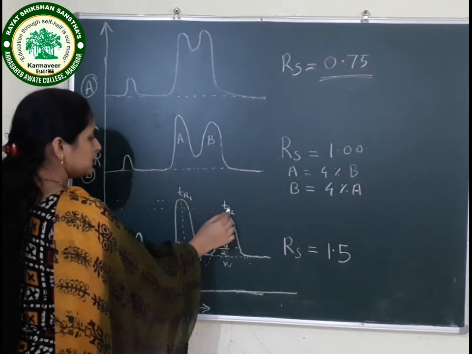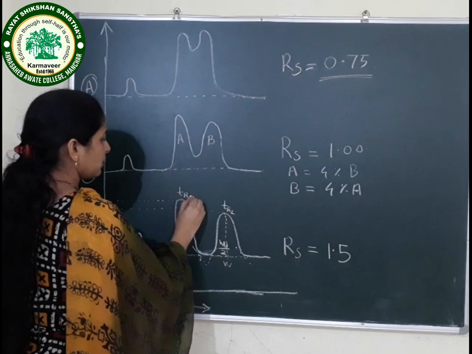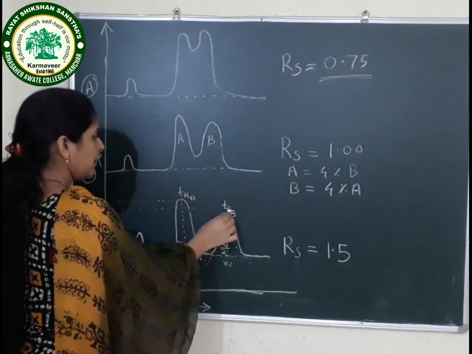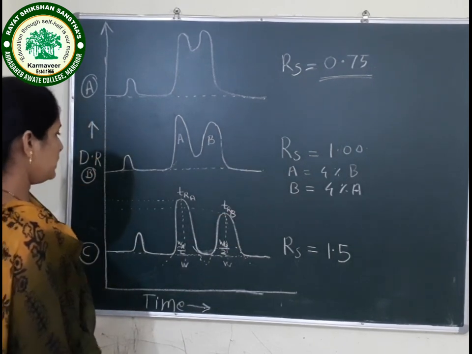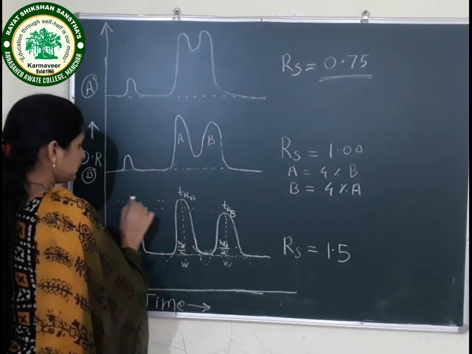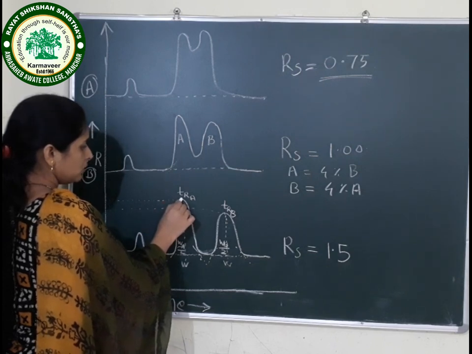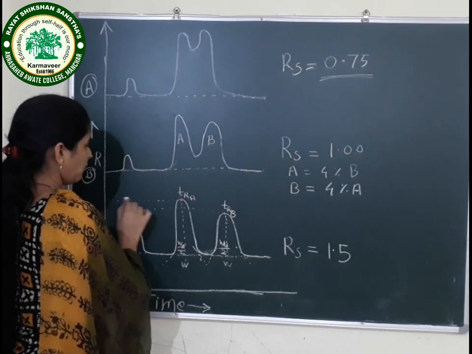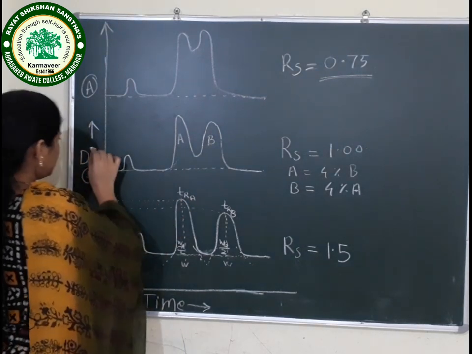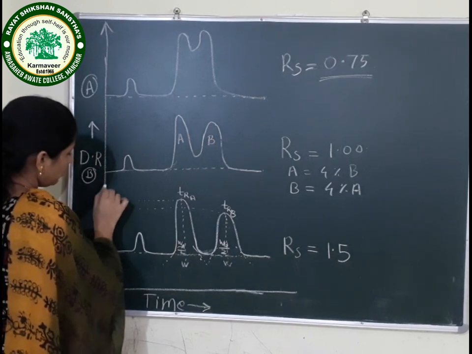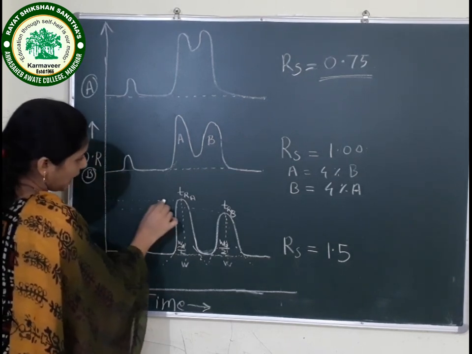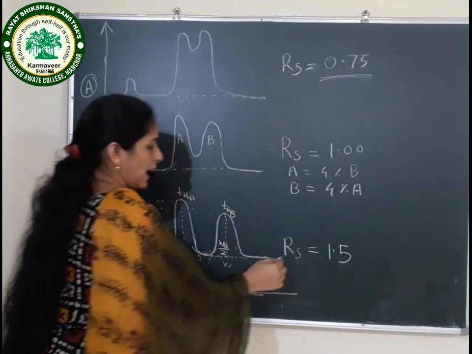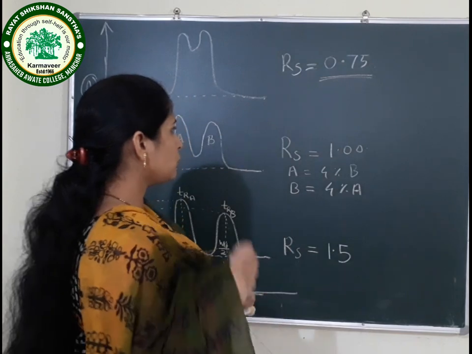These are the retention times of the A and the B, means retention time of A (TRA) and retention time of B (TRB). Retention time is obtained at the tip of this peak. At the center point of the tip of the peak, from the detector response line we plot one line here and we get TRA and TRB. Means, we can conclude that